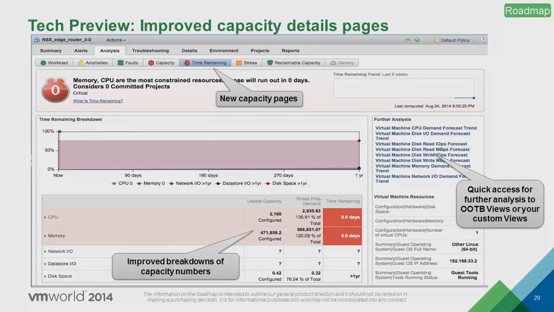Please approve. Yeah, we have the VCAC team is building a management pack for VCOps so that you can manage